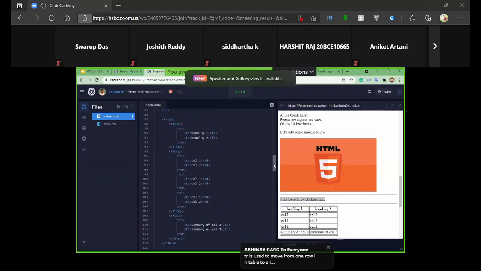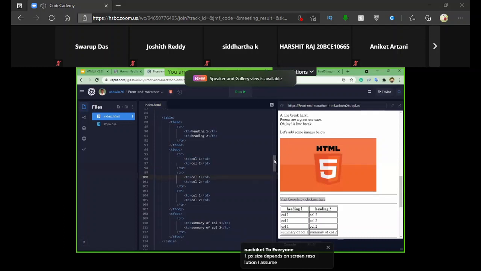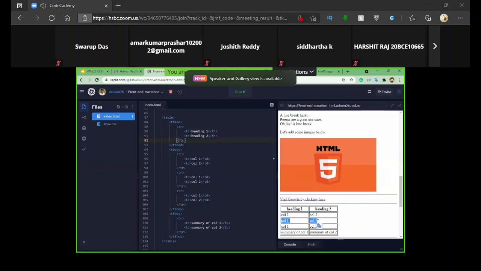The tables can be really confusing as we are using a couple of tags, but follow it carefully. Whenever we have to create row elements, you can see here Col 1 and Col 2, nothing but column 1 and column 2. These are rows: row 1, row 2, and row 3. Even the heading is also a row, and also at the bottom. So every one of this data is a row.